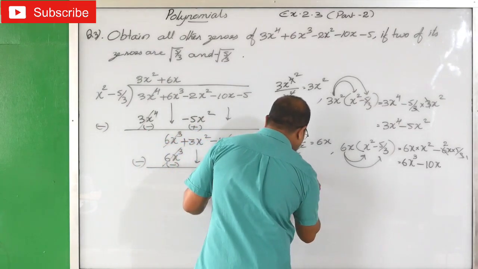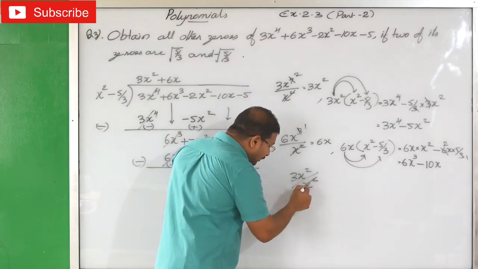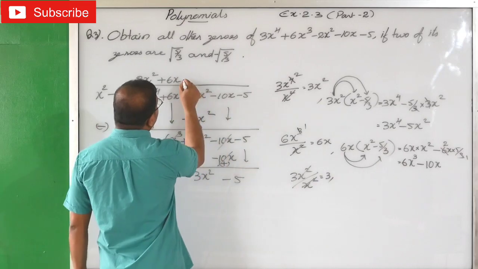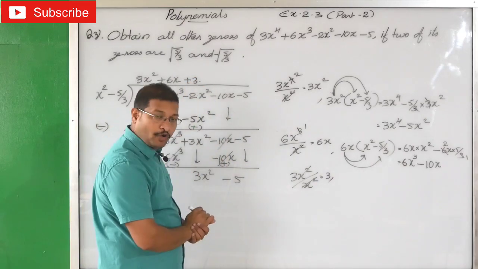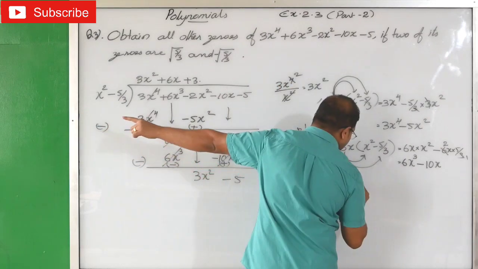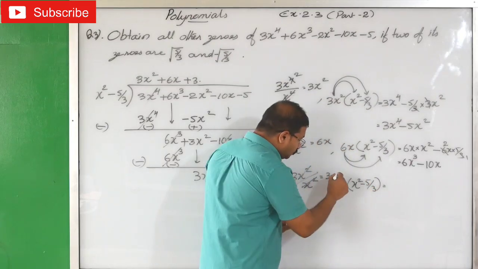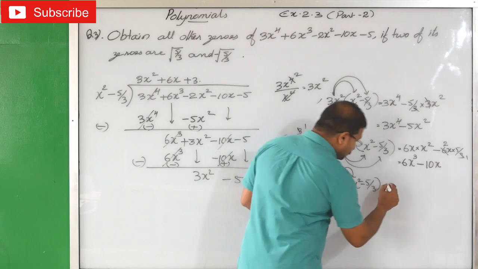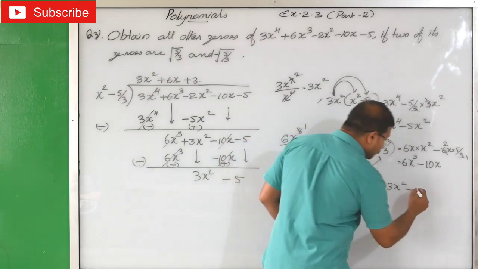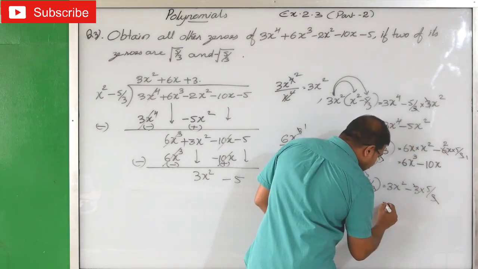3x square divided by x square. X square will cancel, we'll get 3. So in the quotient place we will write plus 3. Okay, after that 3 into what is that? X square minus 5 by 3. We are opening now. So 3 into x square, 3x square, minus 3 into 5 by 3. We'll write 3 into 5 by 3. Of course 3 will cancel. We'll get this equals